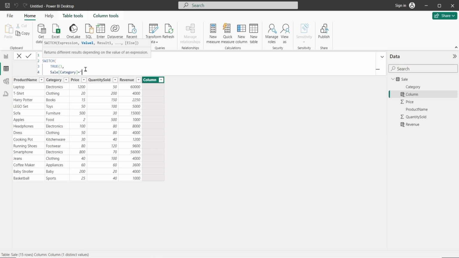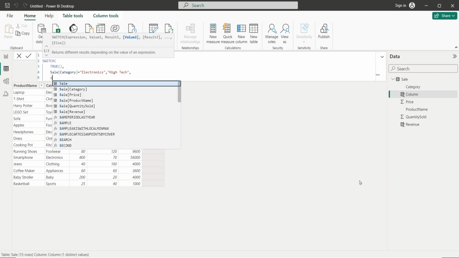which data or which name that we are going to further categorize. It is electronics. The first data that we are going to further categorize is electronics, and we are going to further define it as high tech, then comma, shift plus enter,